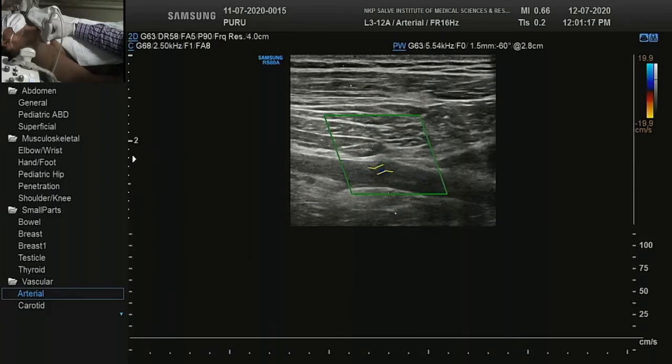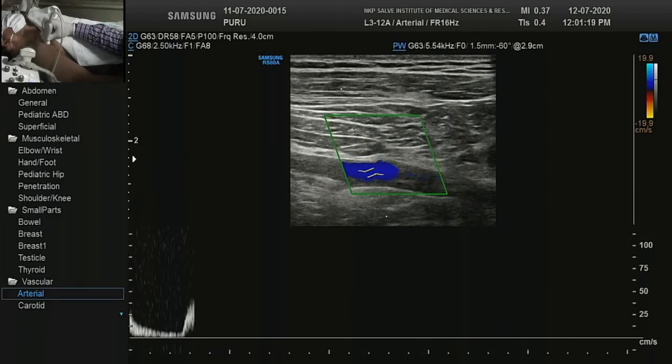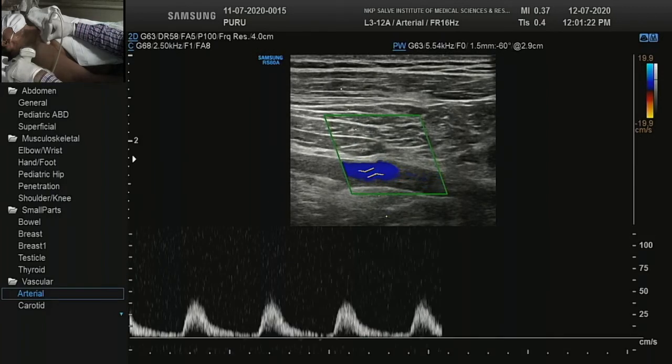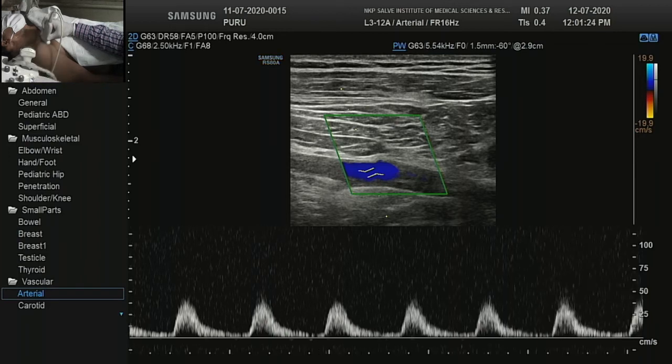In that case, what you see is a clear spectrum. But here, because there is hemodynamic turbulence, as the flow is coming from the vertebral into the subclavian, their velocities have changed, and the RBCs have different velocities. Not all of them are attaining the peak systolic velocity. Some are here, some are here, some are here. So the spectrum is getting filled. So that is the difference. If you see this filling of the spectrum in a peripheral vessel, you can consider it abnormal.